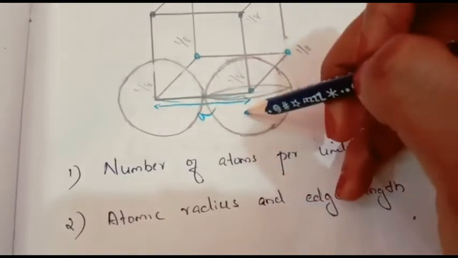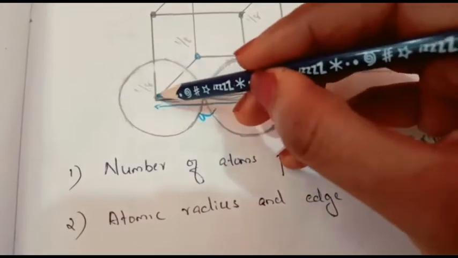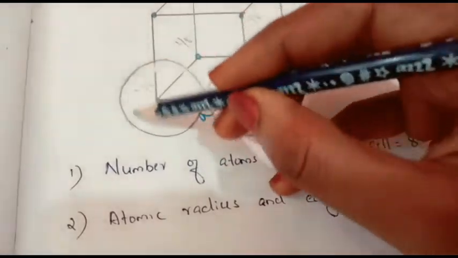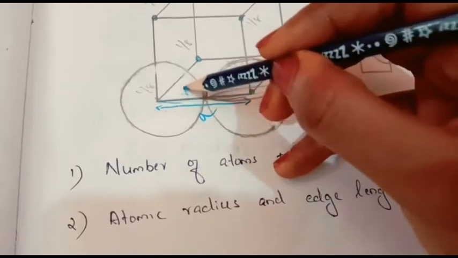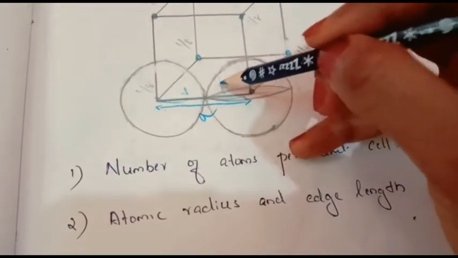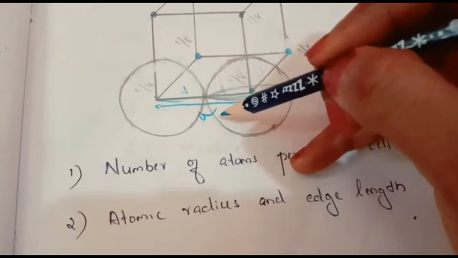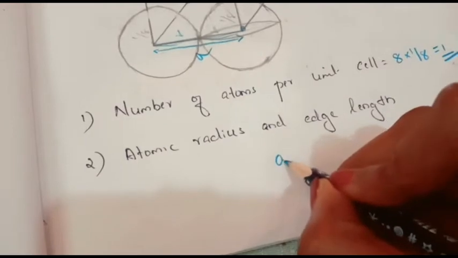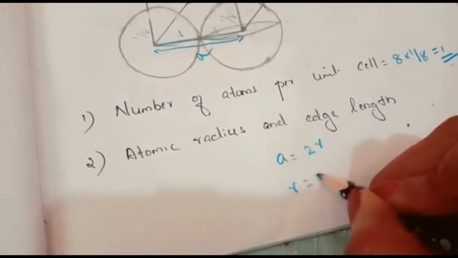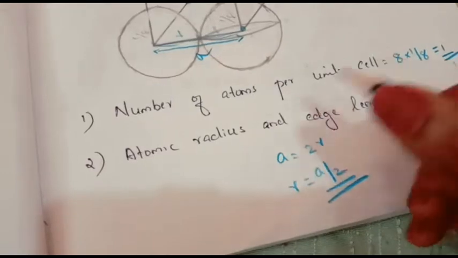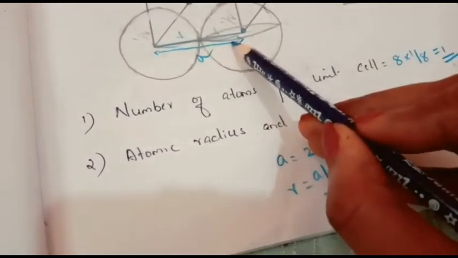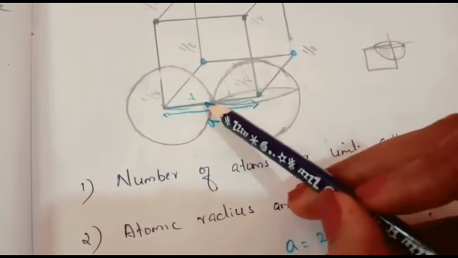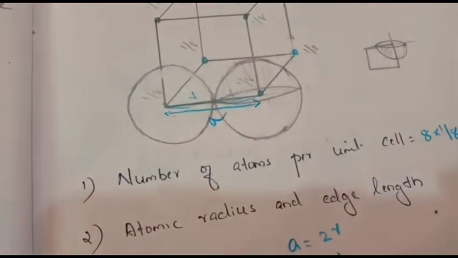And here this distance is the representation of 2 spheres. So half of this diameter, this is a total sphere. So this means a radius R, and this also is a radius R. So that means A equals 2R. So what is the edge length of a simple cube? That can be represented as A equals 2R, or radius equals A divided by 2. So this radius, we know, is half of this edge length. So for a simple cube, A equals 2R, or radius equals half of the edge length.